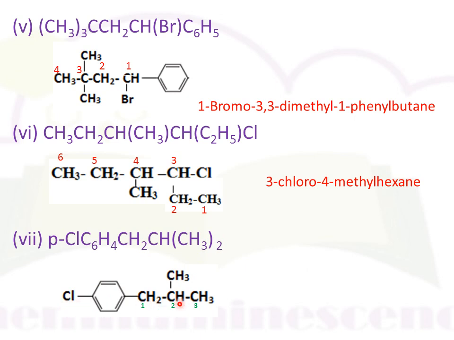With respect to this alkyl group, at para position chlorine is present. Here the main functional group is benzene, meaning this benzene comes as the parent compound, and with respect to that we have to write the name of this compound. Now see how to number first. For this benzene ring, the carbon to which chlorine is bonded comes as first. Give the number in this way. At 4th position, this alkyl part comes.